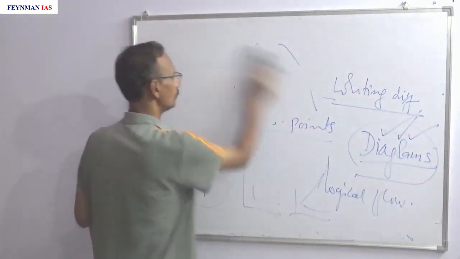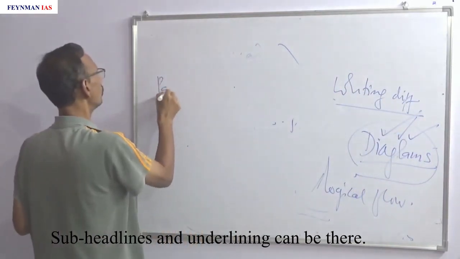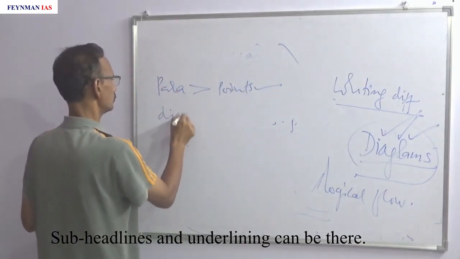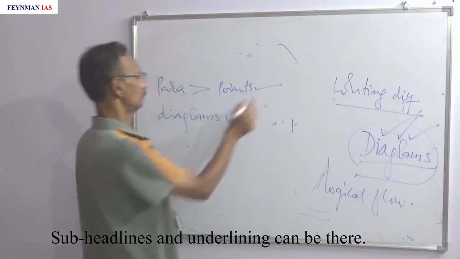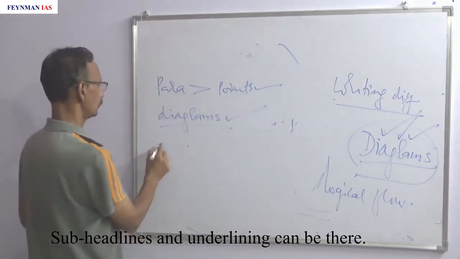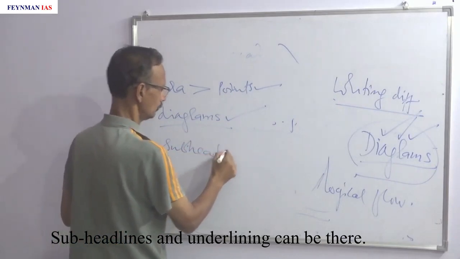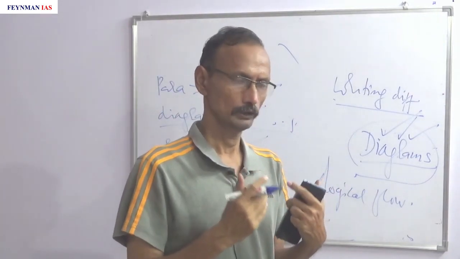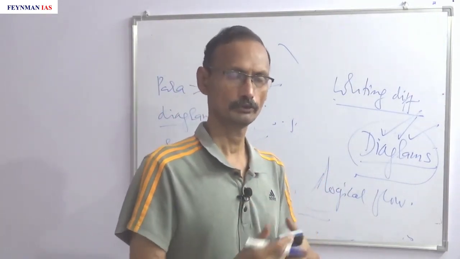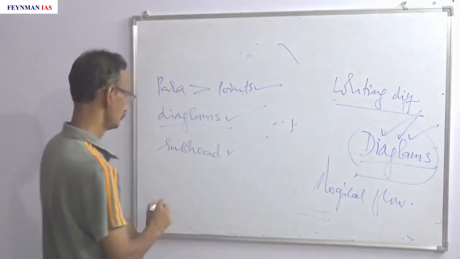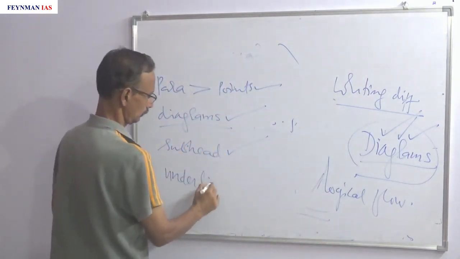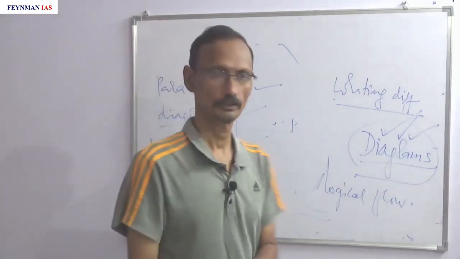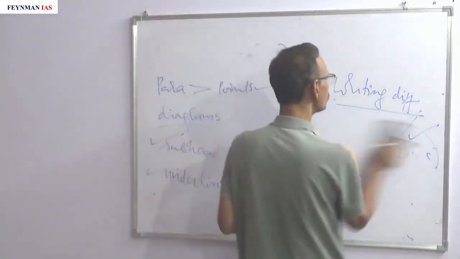So my summary is that paras much more than points, diagrams is very important. And subheading is there because subheadlines will give the overall picture of the essay without the examiner having to go through all your points. Underline. Underlining, subheadlines, diagram, very important. And because you have time,